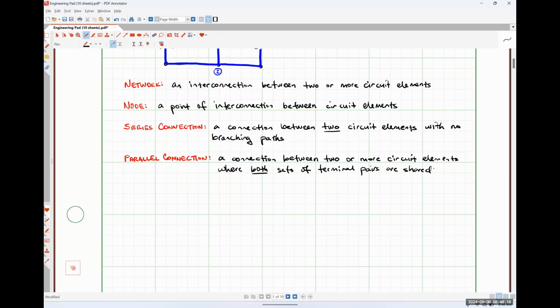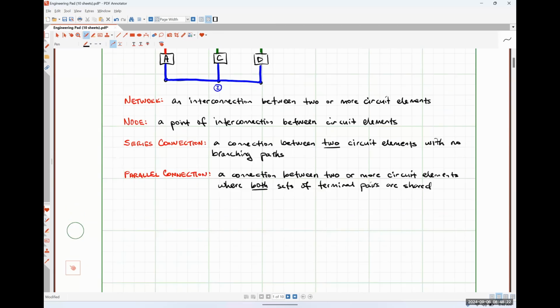So the reason why I underlined both here is because the network that we're looking at, let me bring it back onto the screen fully,